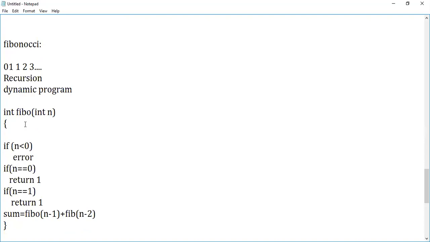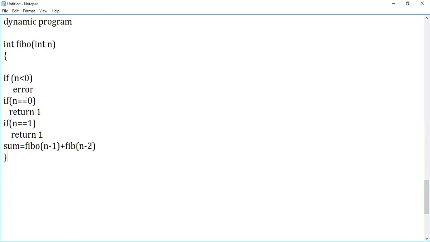This is a common algorithm I wrote here, guys. Assume that we are supposed to generate a Fibonacci series for a given number 5. We can see in a recursive approach how it goes and what the drawback is. If we are given Fibonacci of 5, what happens? Fibo of 5 will be called, isn't it? When you call Fibo of 5, this condition will be checked. This condition is false, this condition is false, this condition is false, it will come here. And this n minus 1, n minus 2.